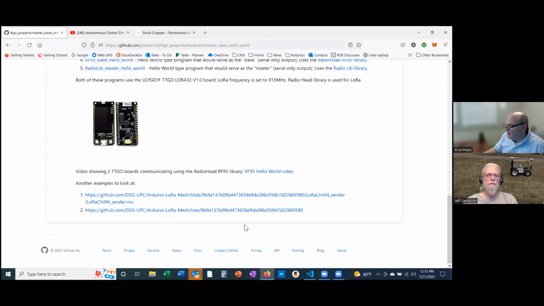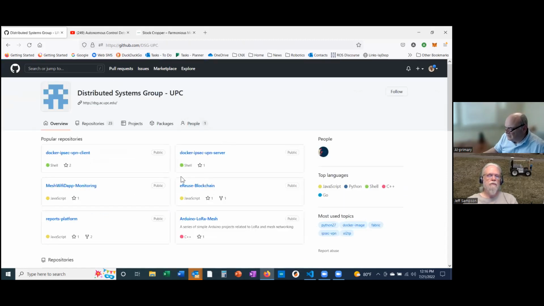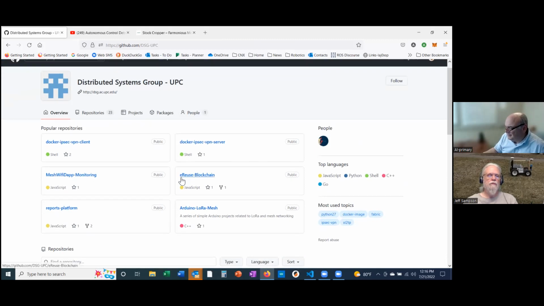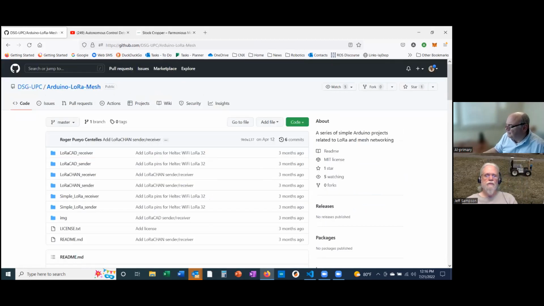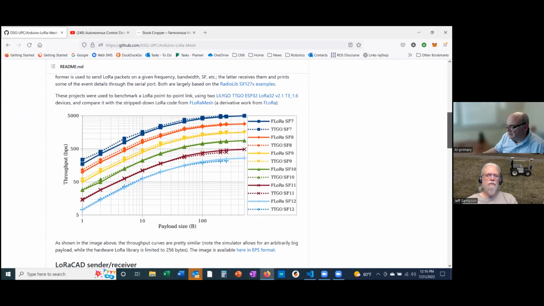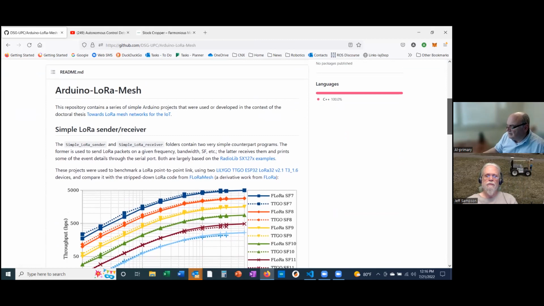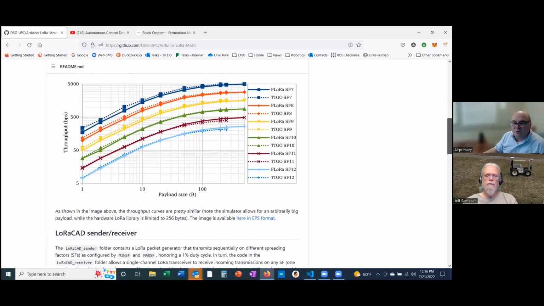The RadioLib guys, let's see, I think if I go here, I think I'll get there. Now if I'm getting back to the same place. Anyway, this RadioLib library seemed to be more